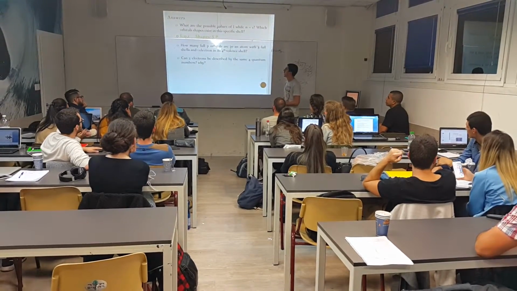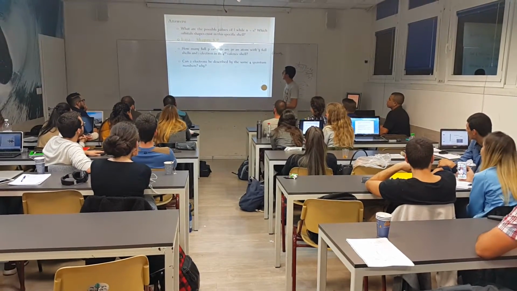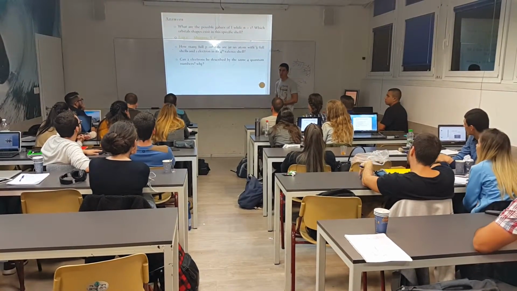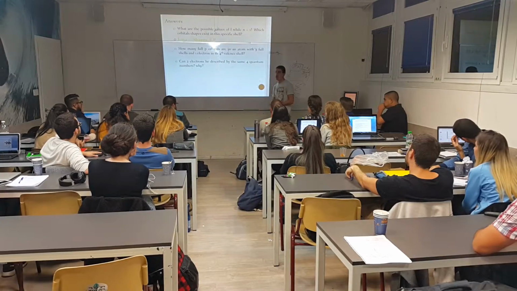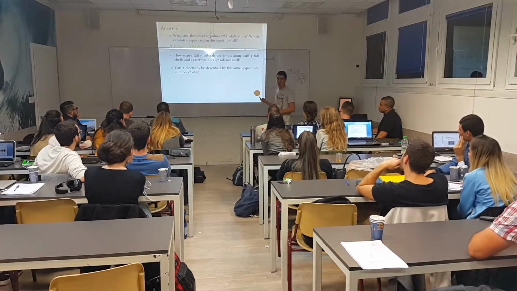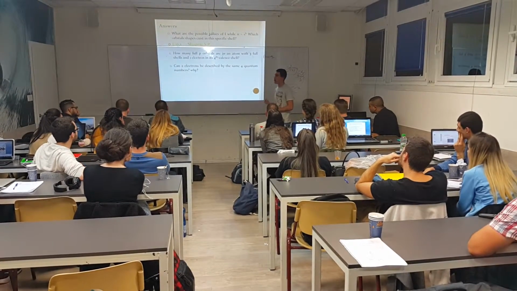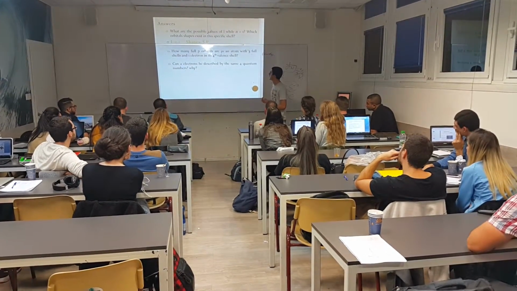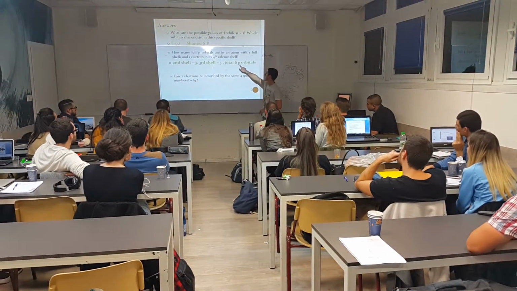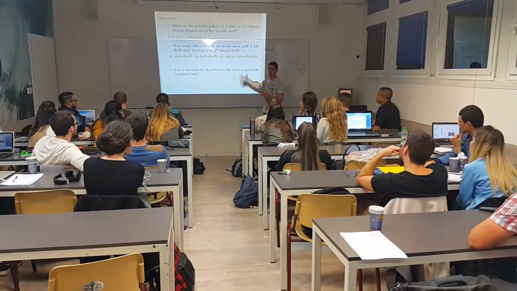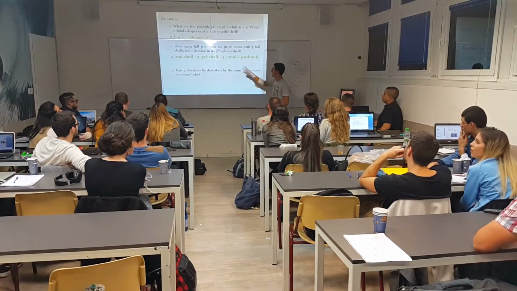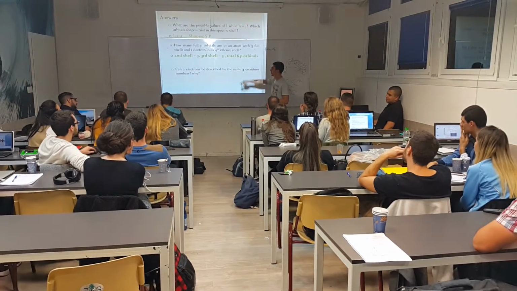Okay. How many full p orbitals are in an atom with 3 full shells and 1 electron in its fourth valence shell? We have 3 full shells, and we have another electron in the final shell, the fourth shell. How many p orbitals do we have? 3. Right. We have 6, because I'm talking about the entire atom. So we have 3 in the second shell, 3 in the third shell.